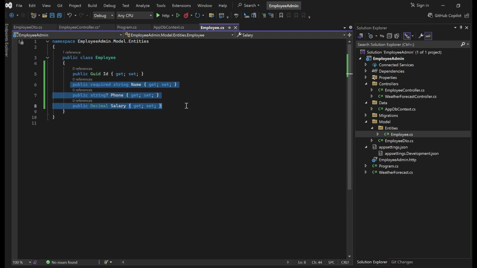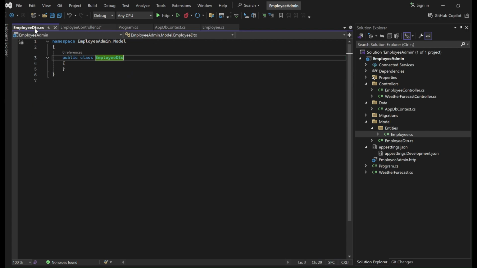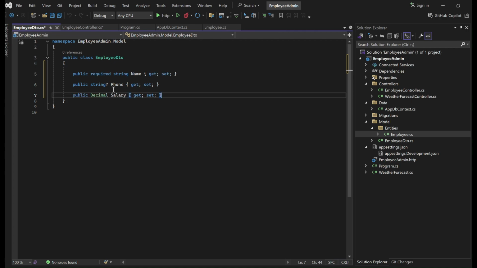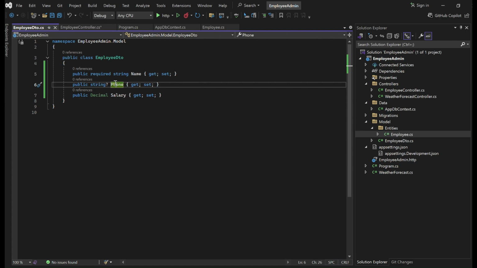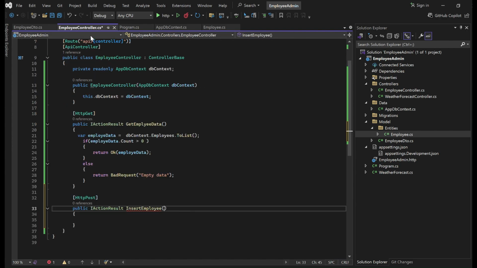So what we'll do is I'll copy the same field, go to DTO, then I'll keep it same. So these three field they will pass, and here phone number is optional, they can pass or they may not pass, so it's optional one. So right now I'll use this same thing in the controller. If you go here, DTO and employee DTO,